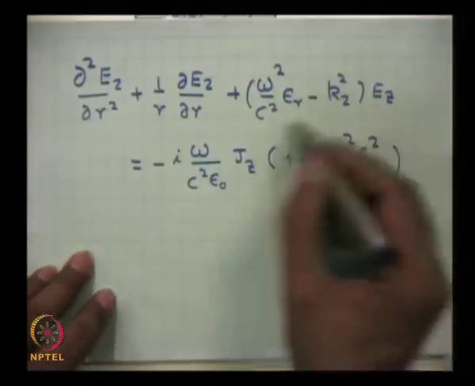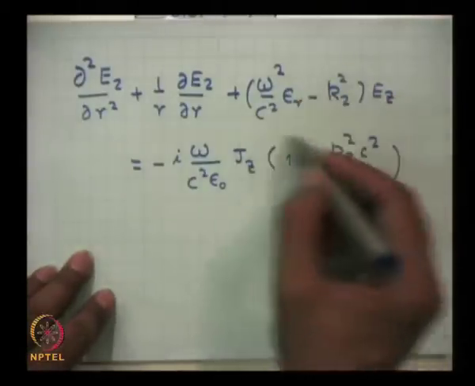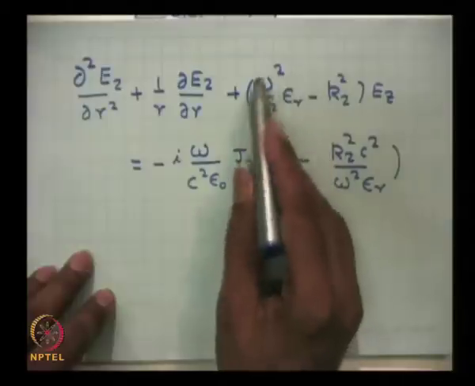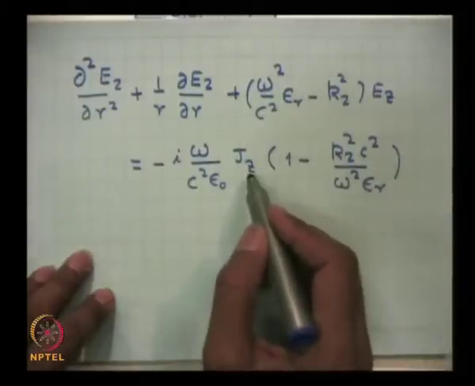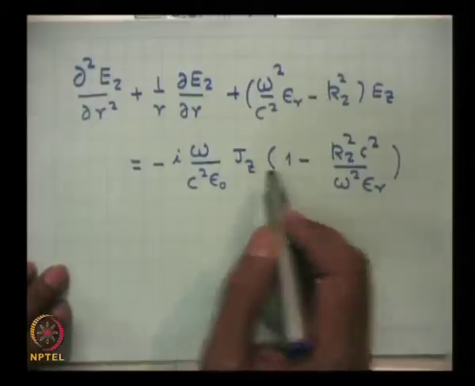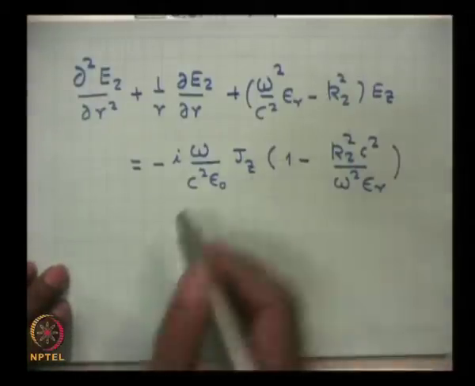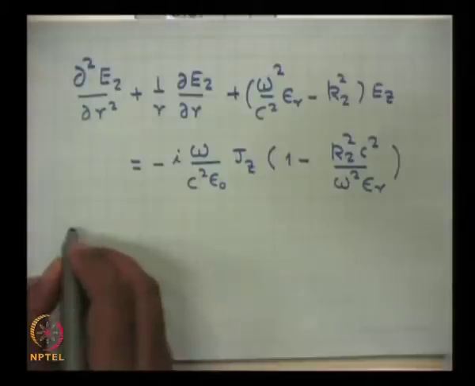This is a similar factor as the factor over here. If I take this factor common, this is the same factor, and Jz I have already obtained. When you substitute for Jz in terms of Ez, this equation takes the following form: